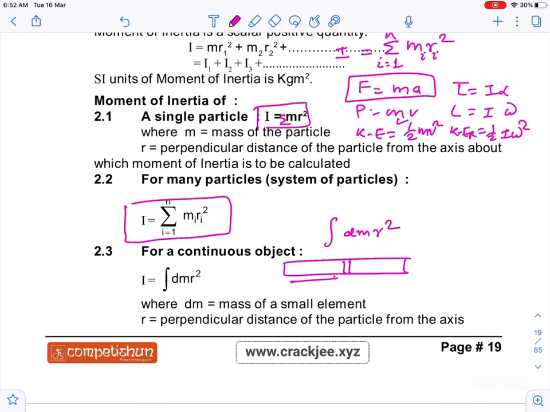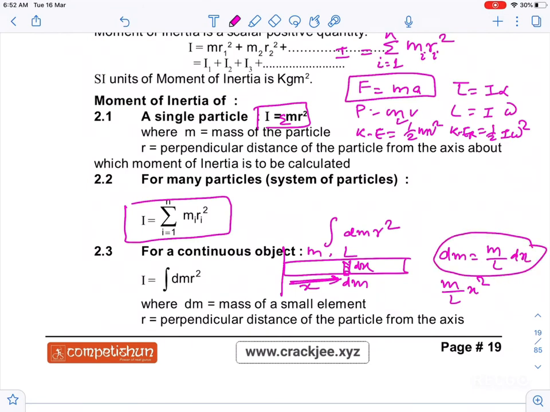If you take a small strip, like a small strip from this distance, on this rod of mass m and length l, I have taken dm. What is this dm? It is mass per unit length. This distance I have taken x. So you can write moment of inertia as dm into r square. This distance I have taken x from this point, so I can write m by l into x square, and this thickness is dx. So this is mass per unit length, m by l into dx, because length and length cancel, then m remains, into dx. Now integrating it from 0 to l, you get the result ml square by 3 here.